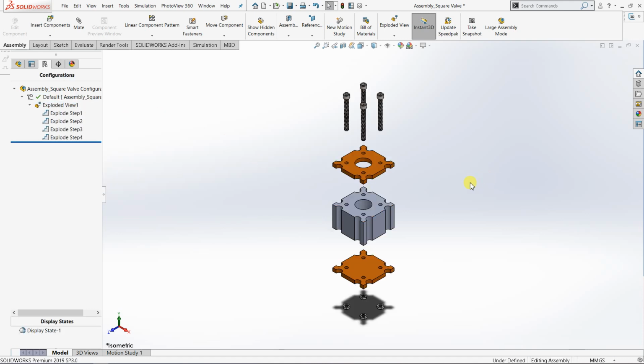There you are. After we already completed exploding each of these components like this, we need to add the exploded line. The exploded line actually shows to us the directions of each component assembled together. The exploded line falls under the assembly tab. Then you can go to here and expand. Here you are, explode line sketch. So you just click this one,